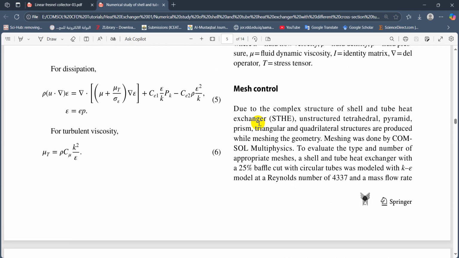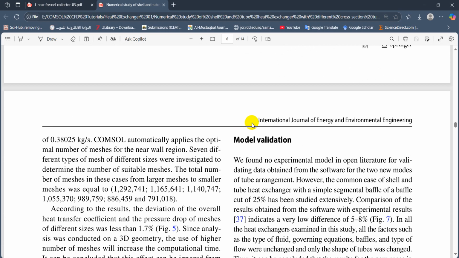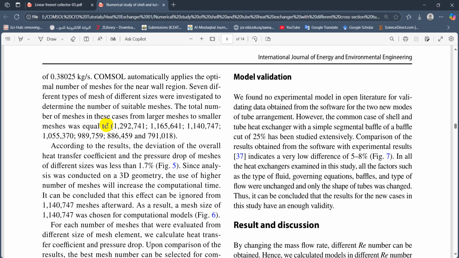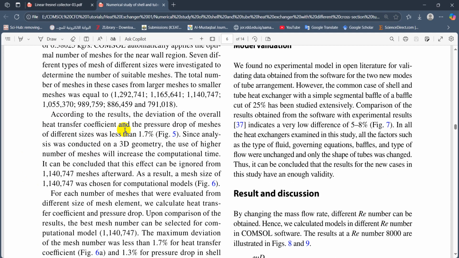Okay, now let us transfer to another important thing, which is the mesh control. You can see that they generate a mesh, which is the required points in order to solve the equations within the domain. Okay, and they illustrate that increasing the number of elements means that the numerical solution will take more time, so they make a mesh